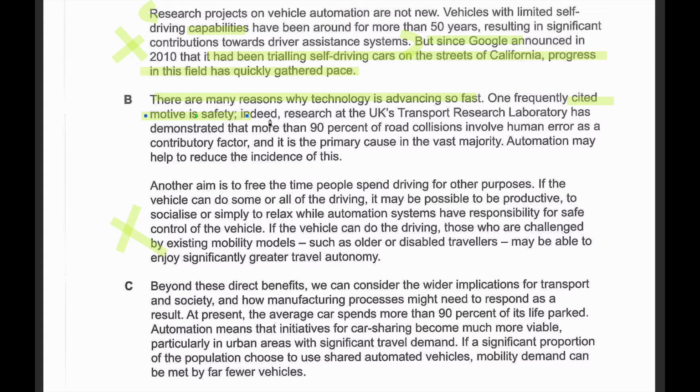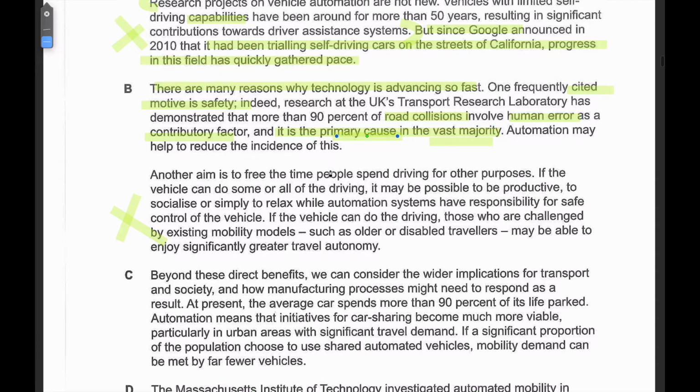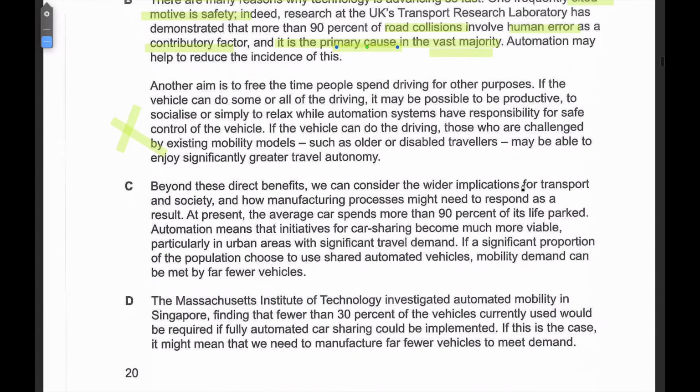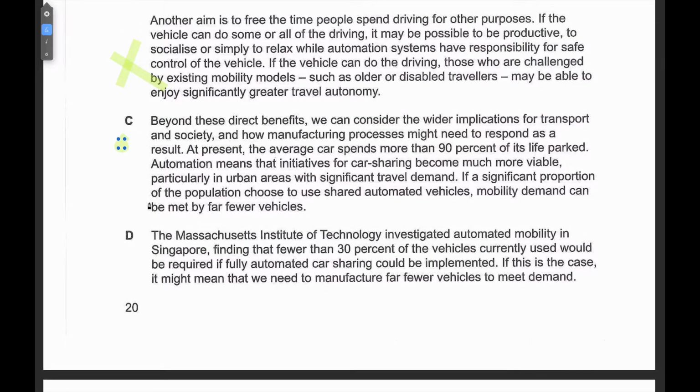是安全的原因。Indeed, research at the UK Transport Research Laboratory has demonstrated that more than 90% of road collisions 路上的撞击事故 involve human error as a contributory factor, 是人们的一个问题，人们出错，所以才会撞击的。And it is the primary cause in the vast majority, 这是大部分 road collision 的一个 primary cause 主要的原因。Automation may help to reduce incidents of this, 就自动化有可能会避免这个问题。